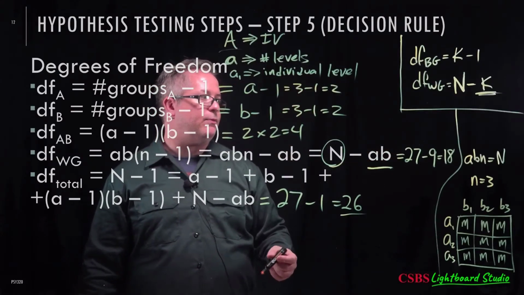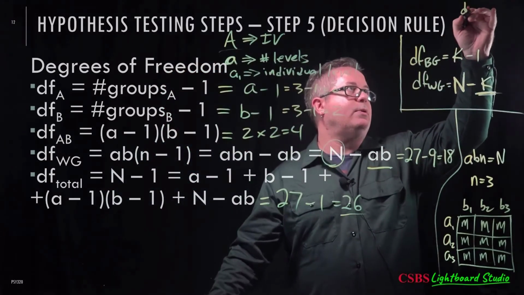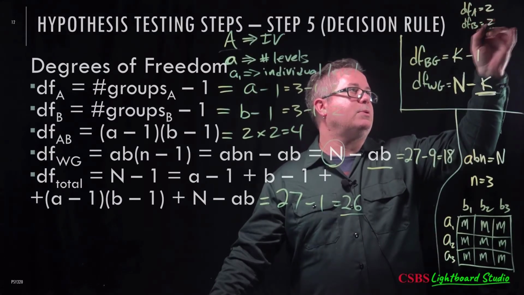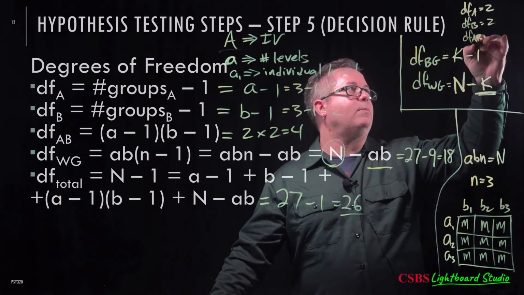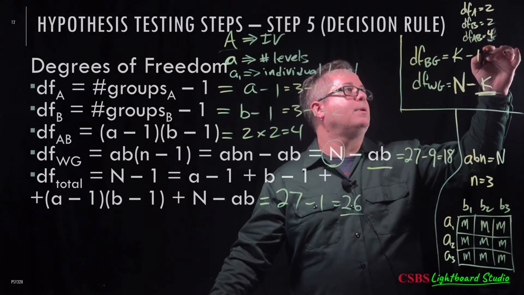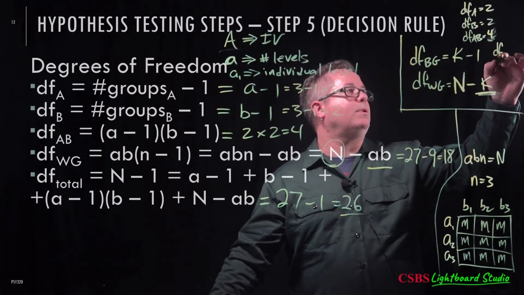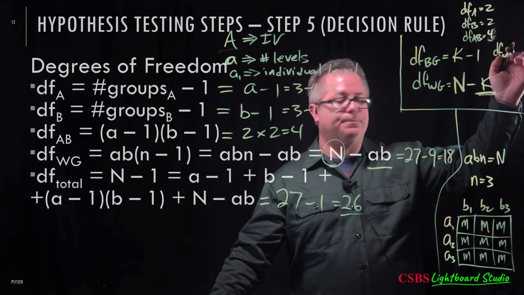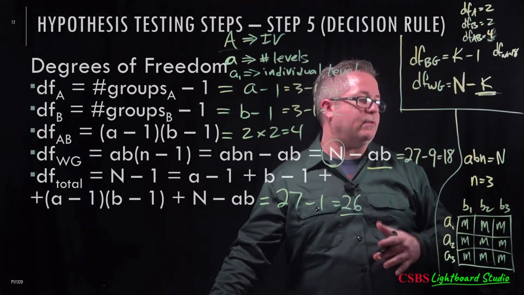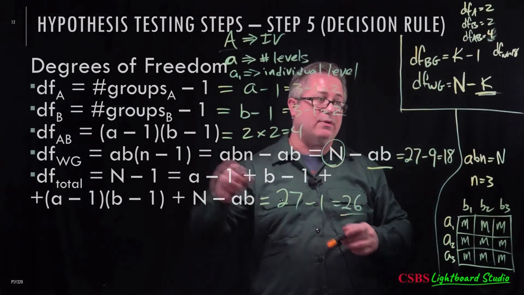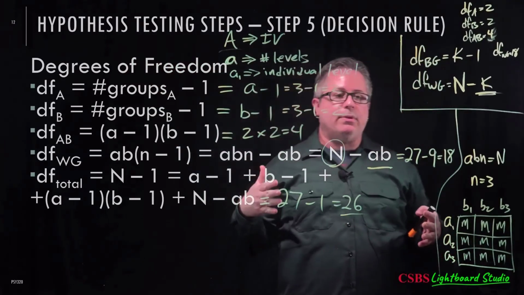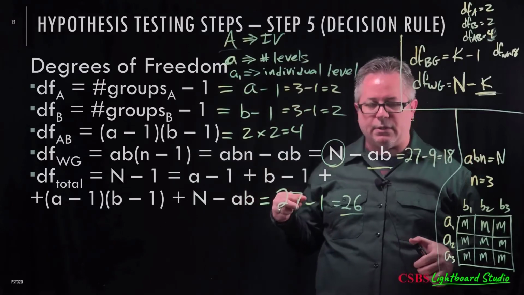And I now know that my degrees of freedom, which I can put here, so degrees of freedom for A equals 2, degrees of freedom for B equals 2, degrees of freedom for A times B equals 4. And then if I want the degrees of freedom for within groups equals 18. All right, so I need to know those things in order to find out stuff on that very next page. So remember, the whole point of this is we're back at step 5, right? Step 5. I need to look up my degrees of freedom so that I can look up an F critical